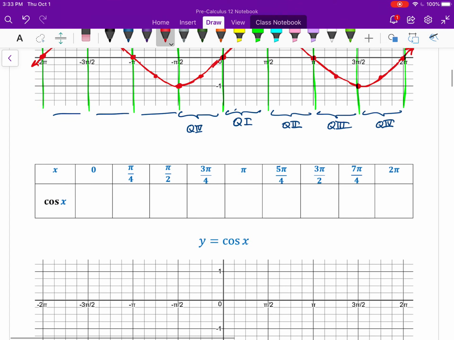And so using my table, the cosine of 0 is 1. The cosine of pi over 4 is again 1 over root 2, so about 0.7. At pi over 2, the cosine is 0. And now cosine is negative. And so if I just keep filling these out,